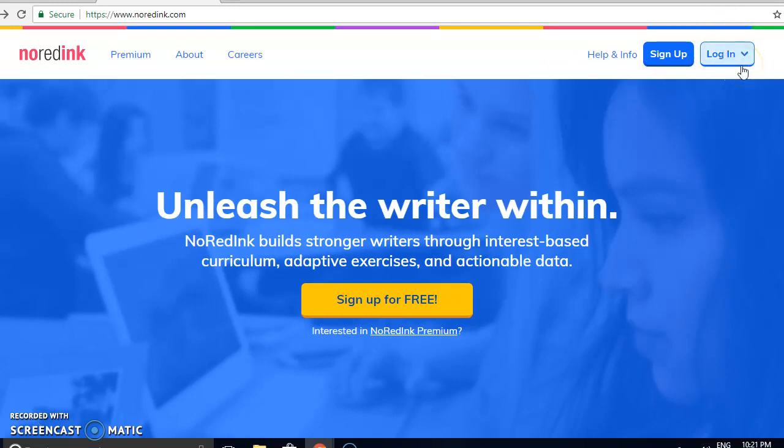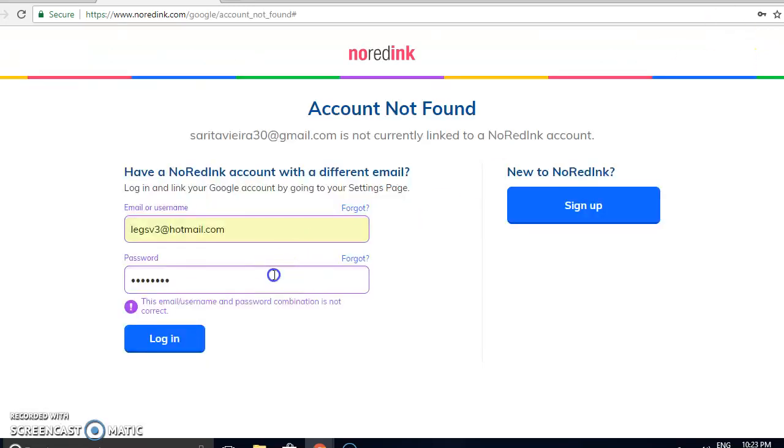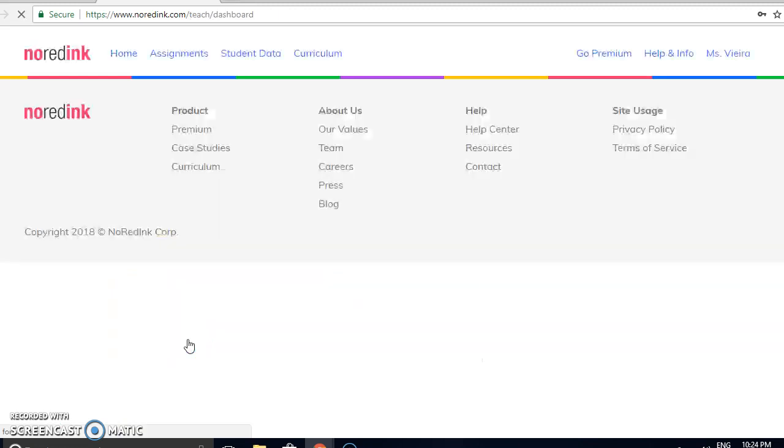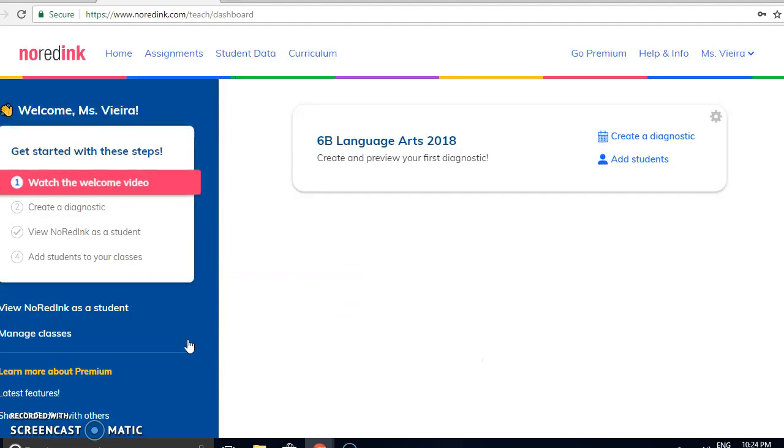One thing that's great is when you log in. You can log in under your Google account, or you can make another account. So once you're into the website, I have set up a new section for this coming September. And so once you've set up a class, it will show up here on the screen, and then you can add the students in